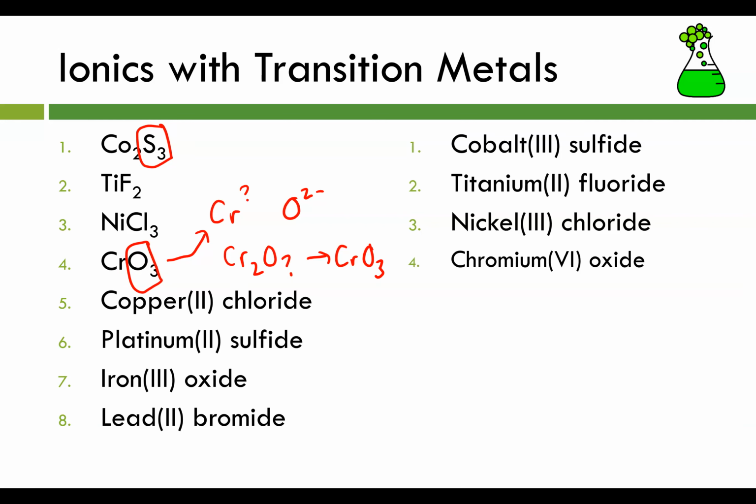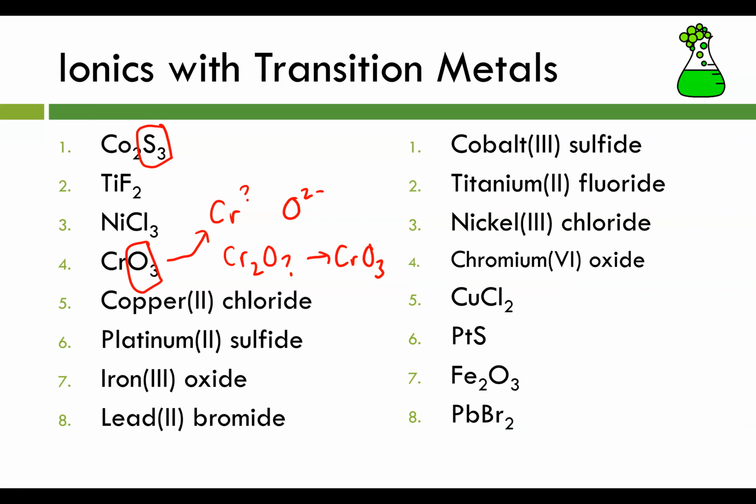So group 16s in particular tend to cause some problems with this. Just kind of making it a little bit more complicated because you often see a reduction or simplification of the subscripts occurring. All right, copper-2 chloride, CuCl2, platinum-2 sulfide. It's not Pt2S2, it's just PtS, simplify. Iron-3 oxide, Fe2O3, and lead-2 bromide. Yeah, lead is not technically a transition metal, but it is able to have multiple charges,